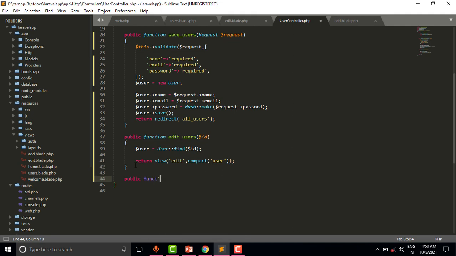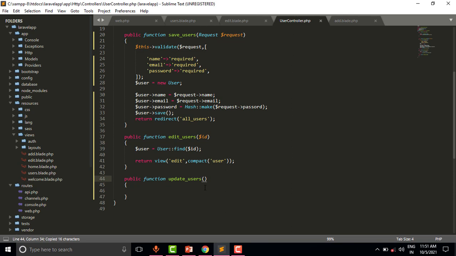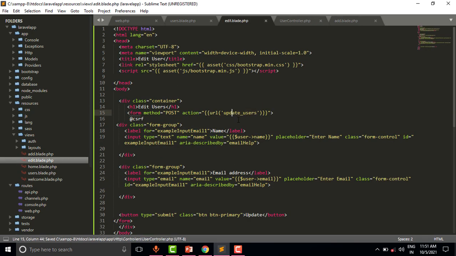Public function, also we will get the ID of the specific user which we want to update, and this ID we will pass from the URL. We will use the double quotes.